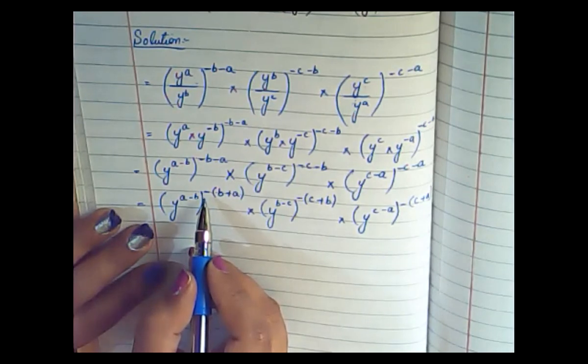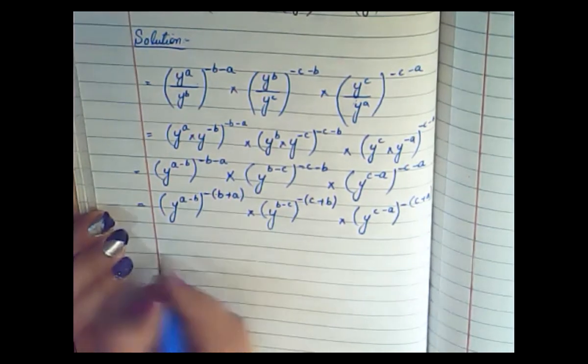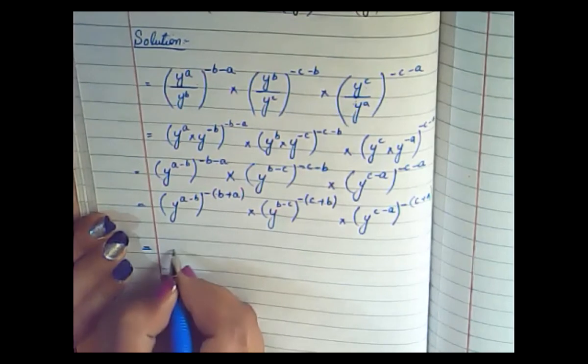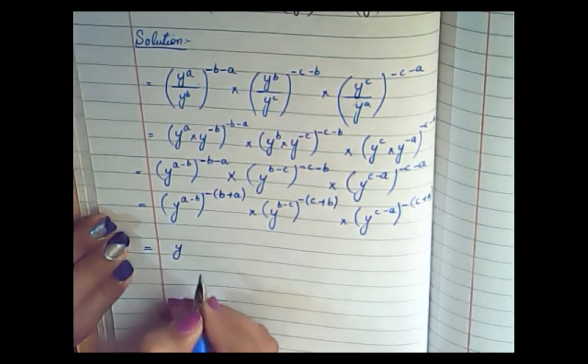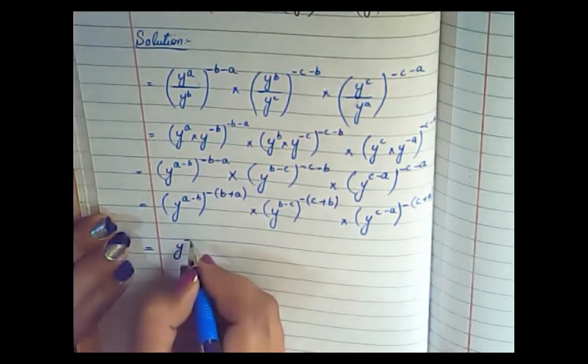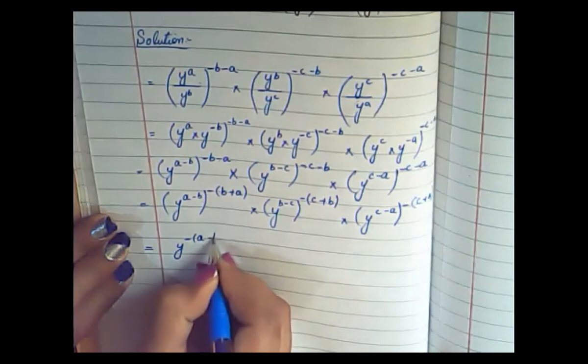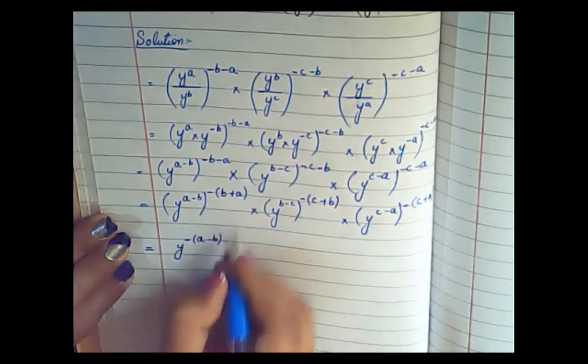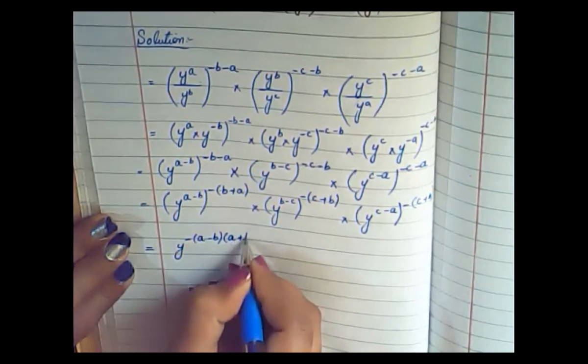Okay, so you can see here you have the minus sign first. So when you are going to multiply it, how will you write it down here? Simply you will write it down here y. Okay, you will take this minus sign first and then simply multiply this one. Just suppose you will write it down here, a minus b, and you will arrange it together, and simply you will write it down, a plus c.